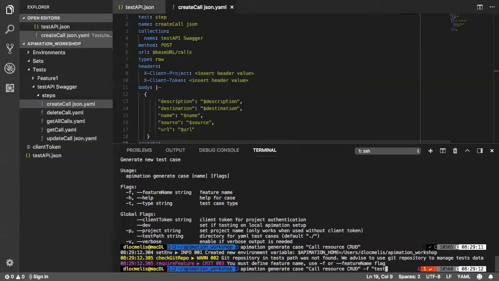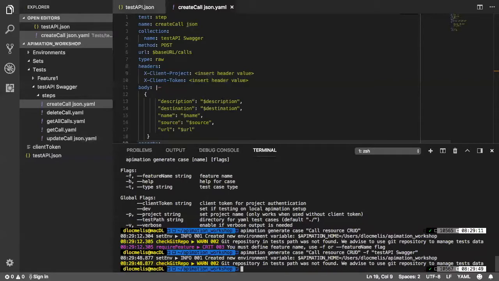All right, test API Swagger. And what we need as well is -t, but by default it will just create the test case for our functional test case, test scenario. So just enter,